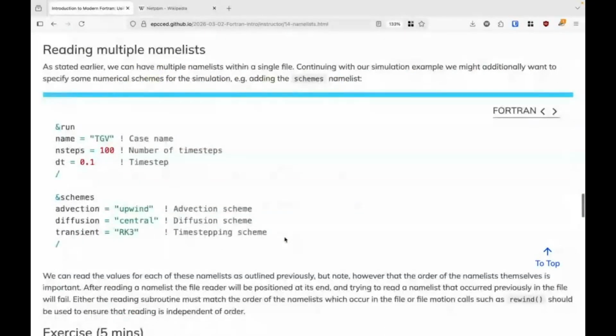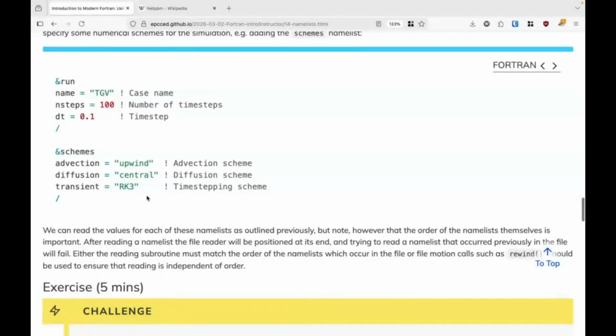So reading multiple name lists. So you can have multiple name lists in the same file. So here we're adding some extra information about this imaginary simulation. Here we're saying what numerical schemes are we going to use. So you can do both of these separately, but what does matter if you have multiple name lists in the same file is that you need to be careful with the ordering that you use, because when you